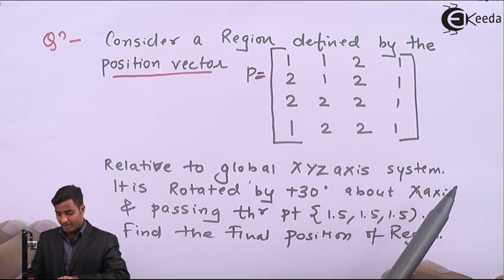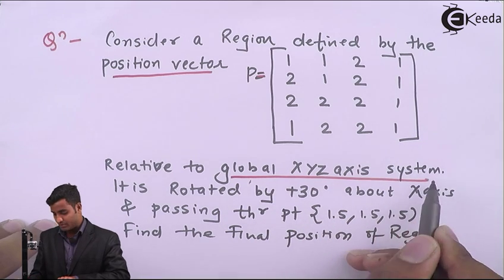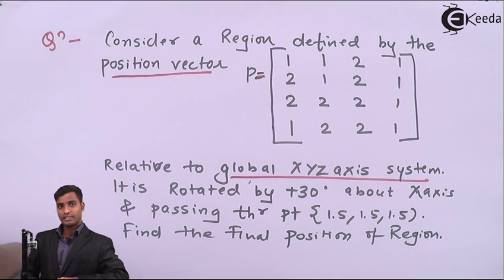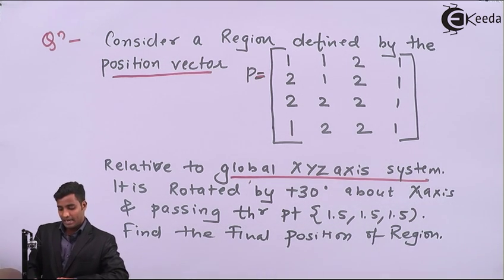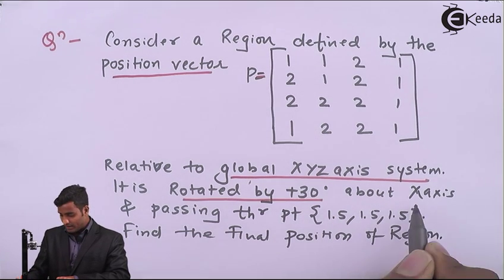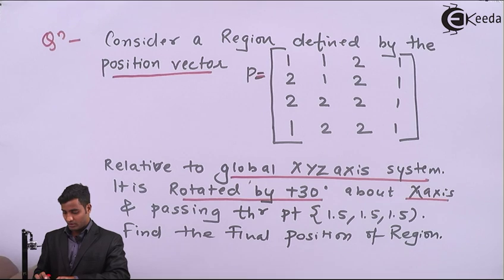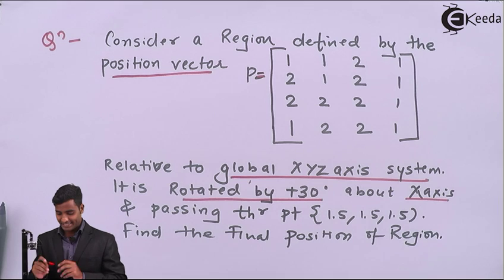The matrix has been given relative to the global XYZ axis system. So this position vector is relative to the global XYZ axis system and it is to be rotated by 30 degrees about the x axis. So the position vector which is relative to the global axis is to be rotated by 30 degrees about the x axis,